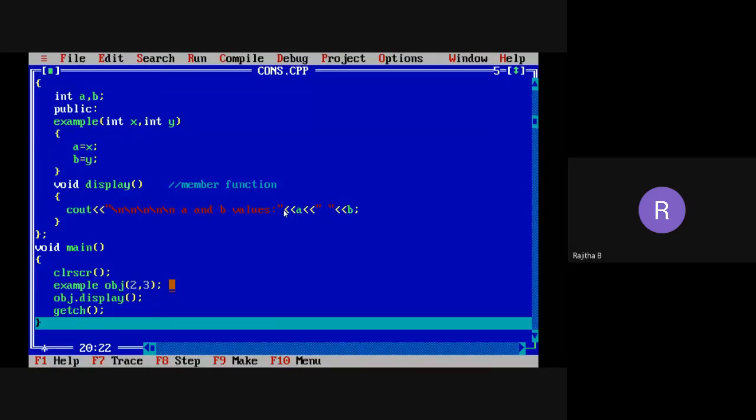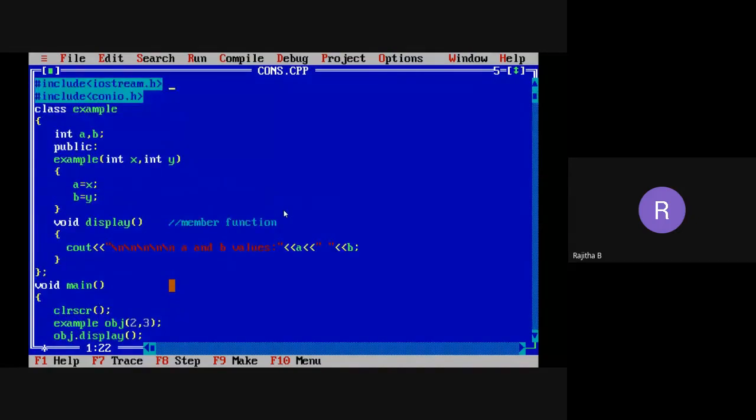Now we'll go to the next type of constructor. What is the next type of constructor? Copy constructor. Yeah, the third type of constructor is the copy constructor. Now I'm going to make the changes in this same program. For the copy constructor, I'm taking only one data member, then it will be easy for you to understand the concept.